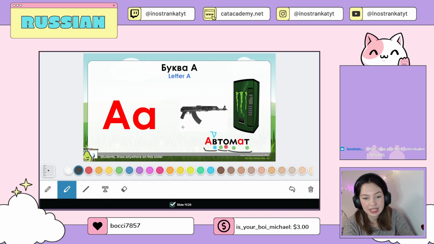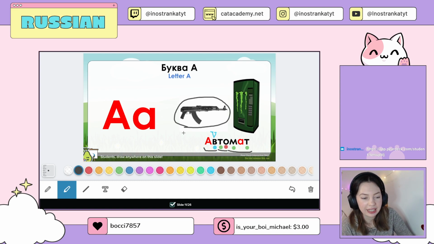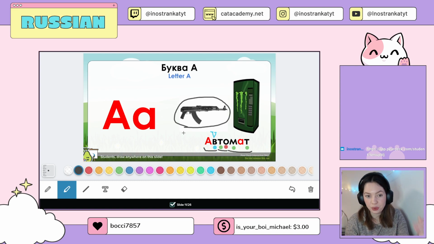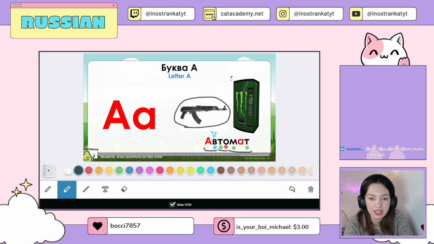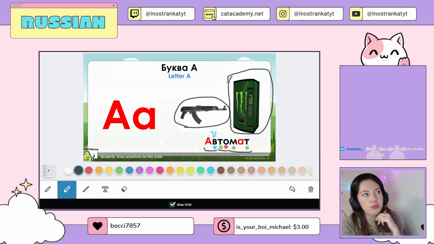So the first one is, why did I pick kind of a rifle or AK-45, any type of a gun like that? Because we are on Twitch, and on Twitch we have many gamers, and in the games we have weapons. That is why we have автомат. And another one, the second picture, is actually a vending machine,